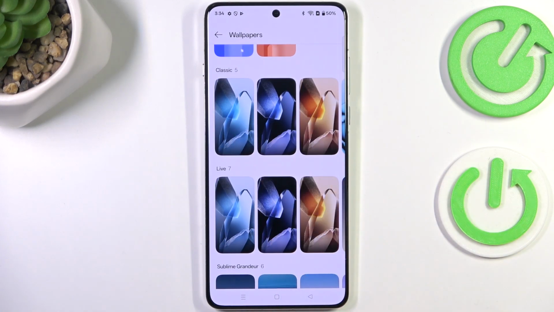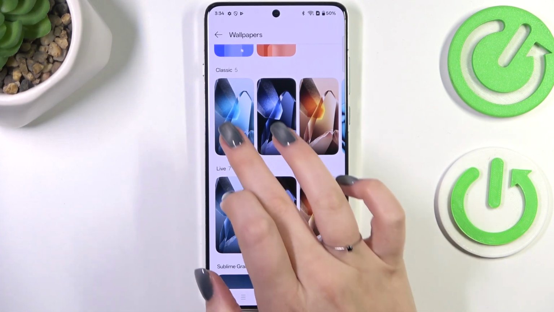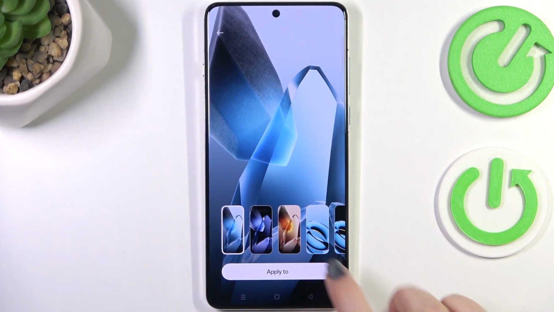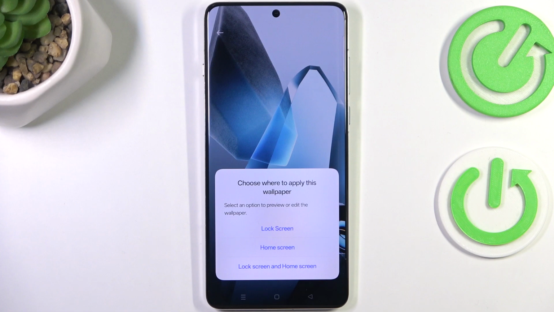You can choose from the classic options, which are static ones, and the live options, which are animated. So let me choose something from the classic options, and after tapping on the specific wallpaper, it will be applied to the full screen. So let's tap on apply if you are sure that you want to set this